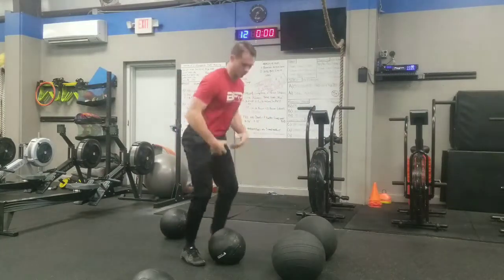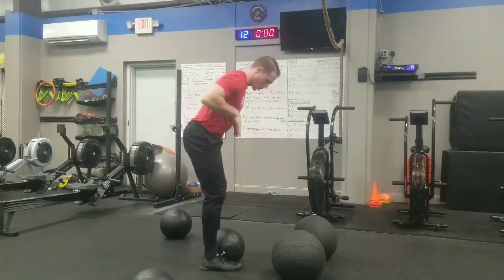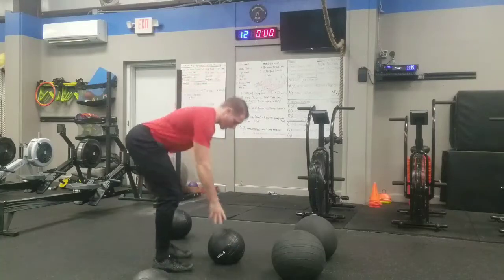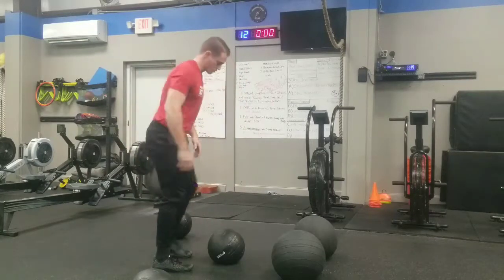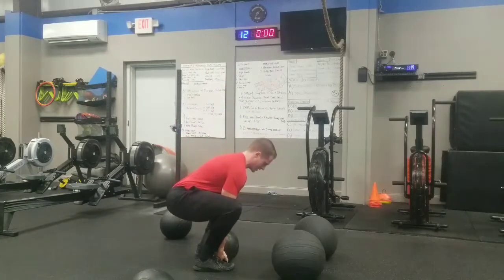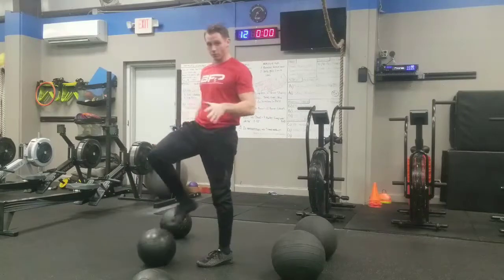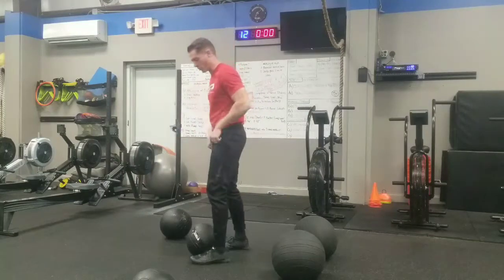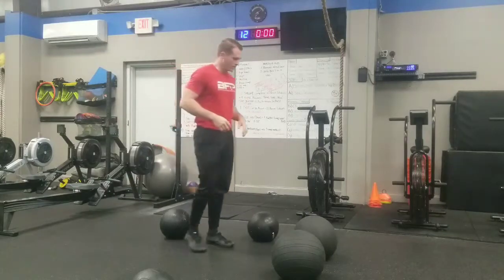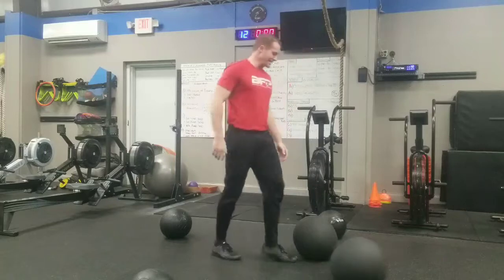We drop down, so for technique, we're going to drop down into a squatted position. I'm going to keep the ball in between my feet. Very, very important. I'm not going to pick the ball up out here, because that puts a lot more stress on my back. So I'm going to pick that ball up in between my feet, get my hands underneath it, and then pop to come up and toss it over. This is a 45-pound ball. It takes a little more force to come up, but again, when I use that ankle, knee, hip action, I'm much more efficient at moving that load. So, as it gets heavier,